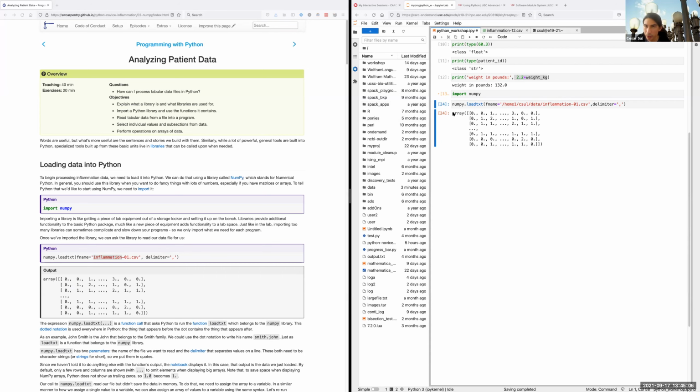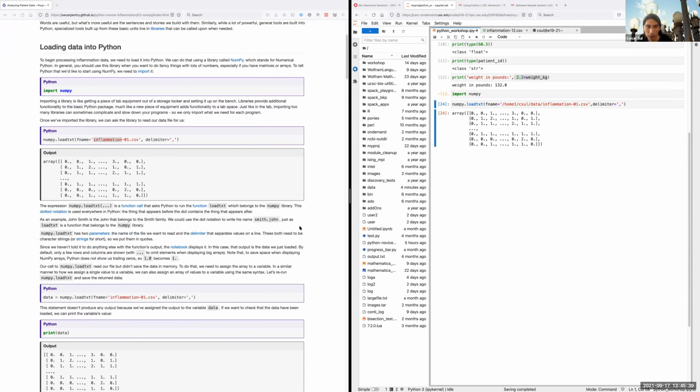And the result is it prints out this thing and it says array and then some numbers and then some more numbers. So what this means is the data that it loaded is too big to display on the screen, so it truncates it and you only get to see part of it. That's kind of interesting, but it's actually not that useful to just have data printed to the screen like that. So typically what people do is they'll take this value